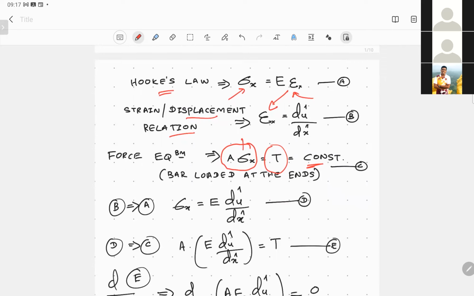We have related the stress in the bar with the corresponding material properties or the geometrical properties to the forces applied in the bar. So we can use equation B, the strain relationship, and substitute it in equation A to obtain a relationship for the stress applied in the x direction with respect to the displacements. So this is what you would end up with, that is, you would end up getting equation D,